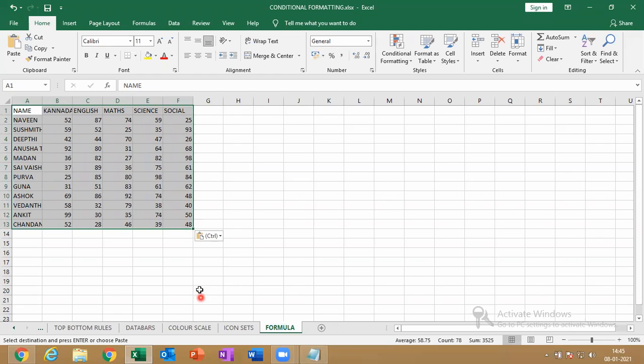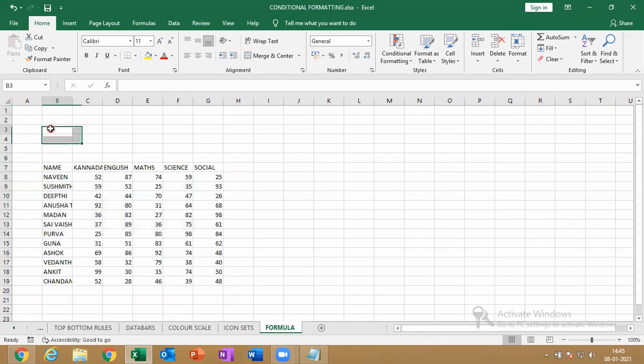Clear? Then let me select this range, the full range, and make it a little below here like this. Follow, make it like this until here. Everyone is there?